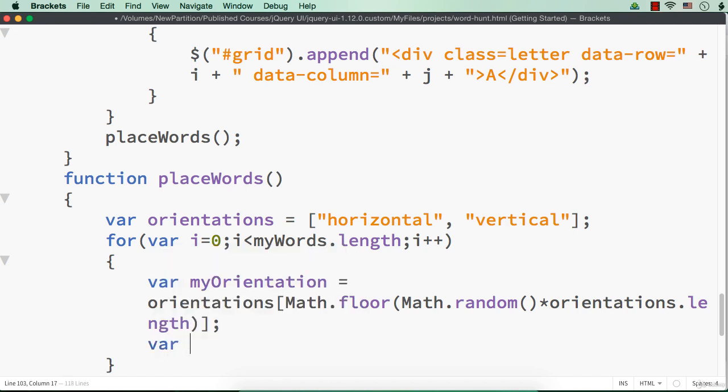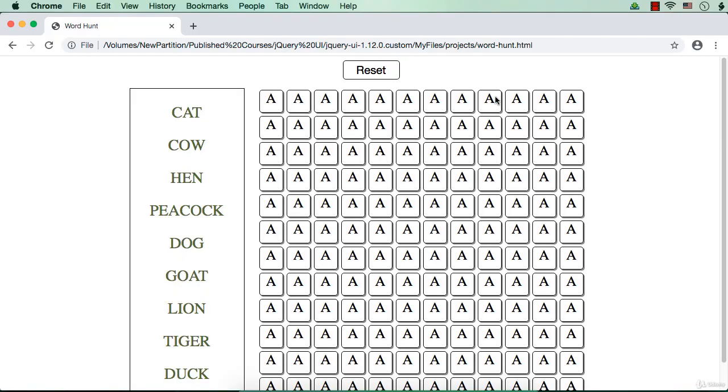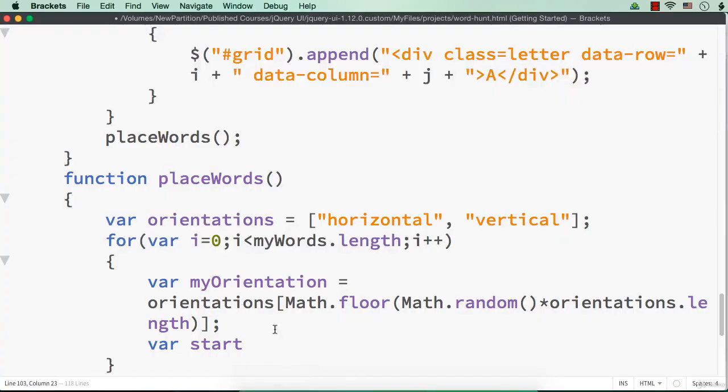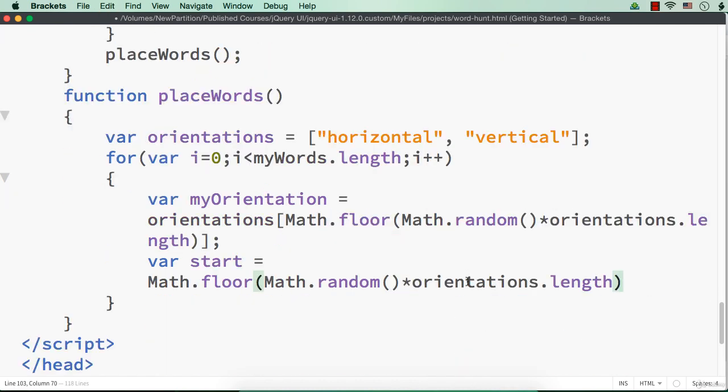And also let me create a start value, that is a starting position for the word. If the starting number is 2, the index will be 0, 1, 2. This will be the div element. And then we will check whether these words can be placed from that starting number. So let me create a random number here also. Let me copy this part, right? And instead of orientations.length, it should be